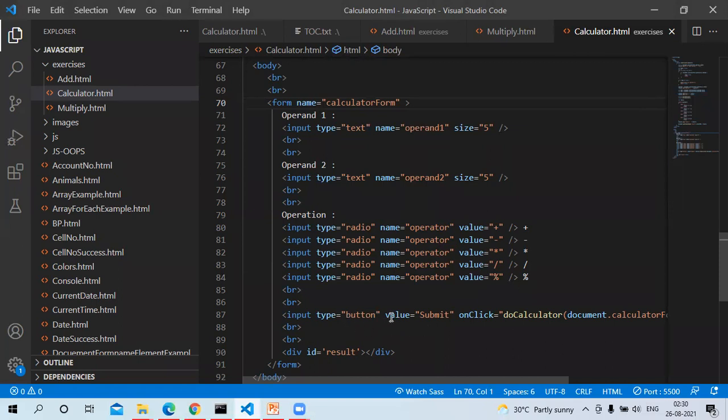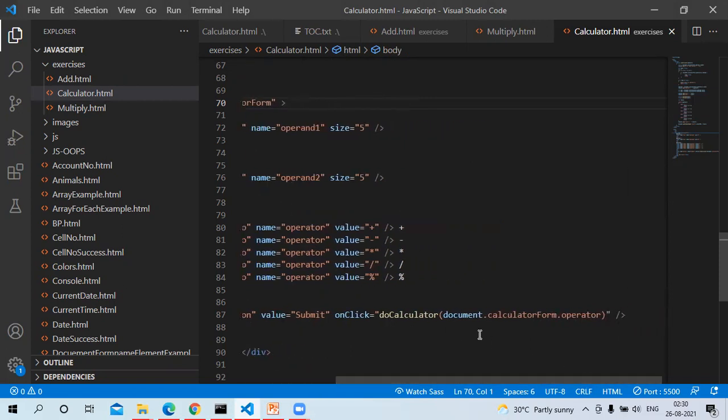Then we have a submit button. On click, we call a function named doCalculator. This is a JavaScript function, and we are passing a parameter to it. What is the parameter we are passing? We are passing which functionality is selected, whether addition or subtraction is selected. How we are passing that: document.calculatorForm.operator.